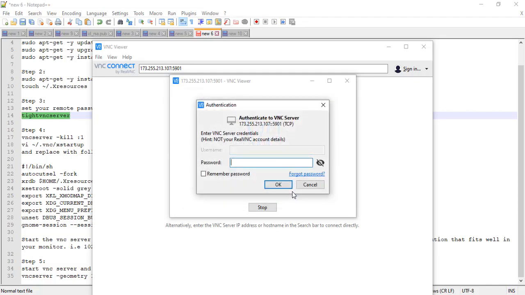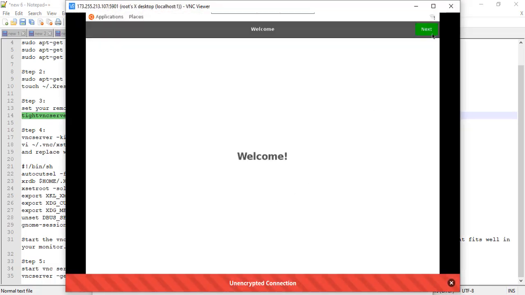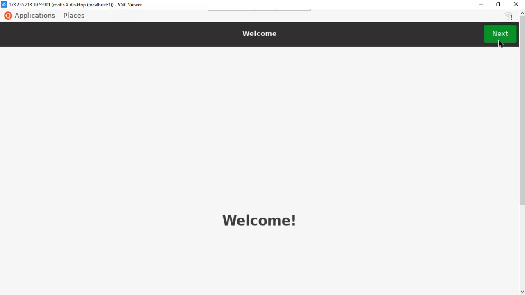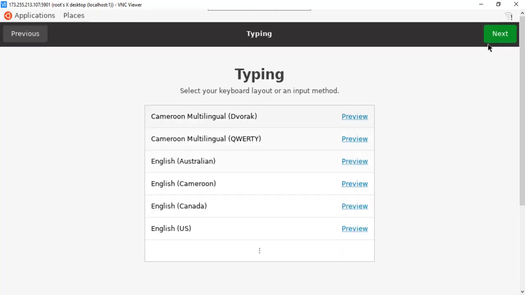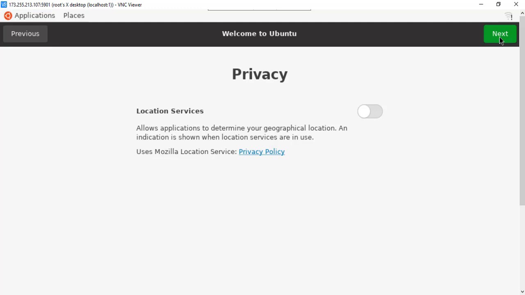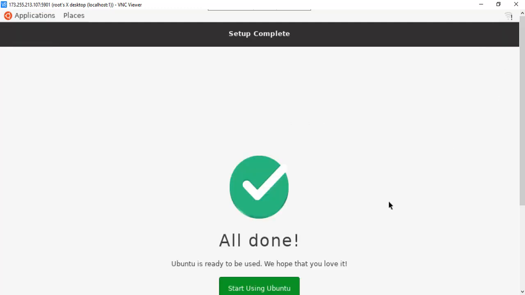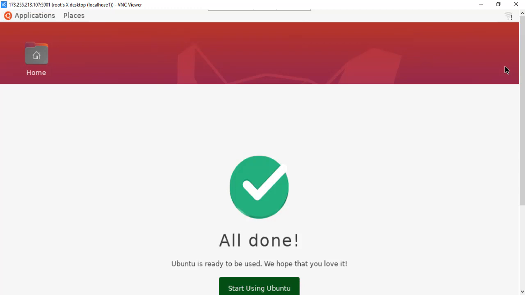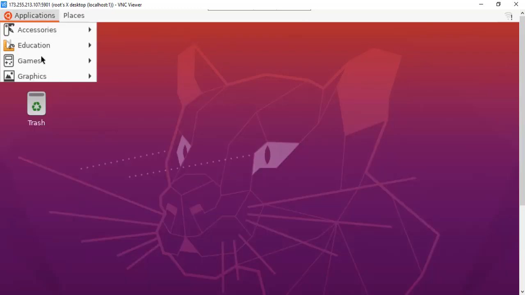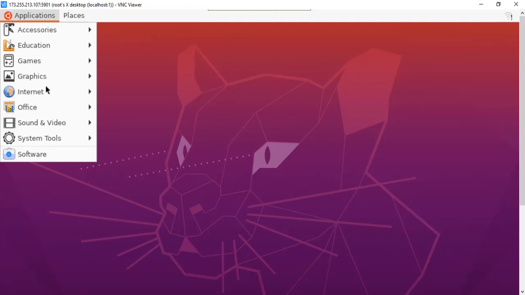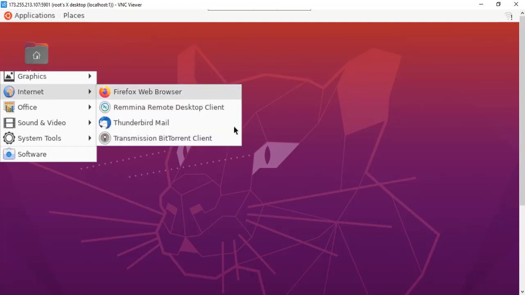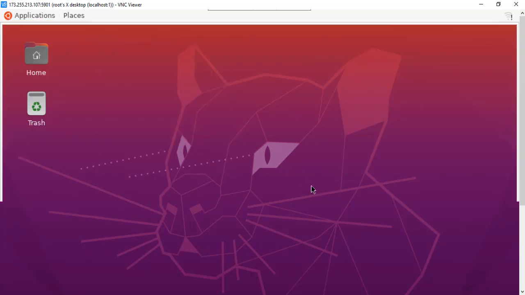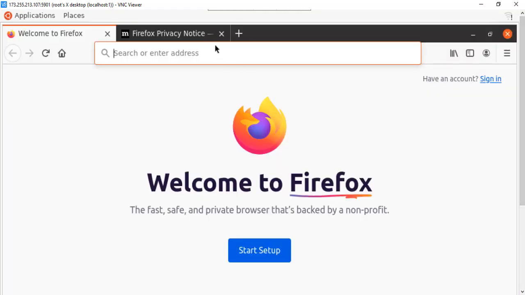Okay, see, it is asking for the password. I'm gonna provide it, and you can see we have a full-fledged desktop, remote desktop environment on Ubuntu, right? So you have all the application and all the stuff. Like I'm gonna access Firefox, and let's go to google.com,